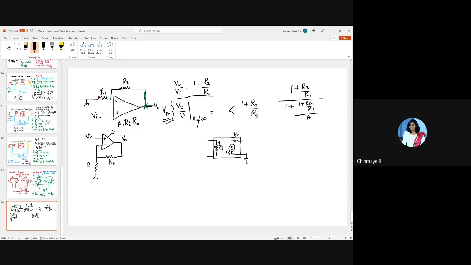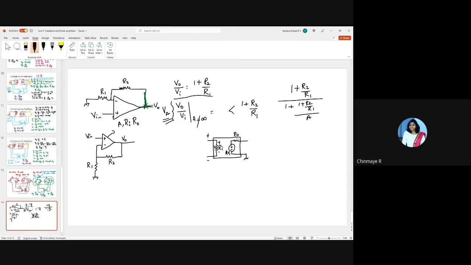This doesn't have two terminals. Basically here you're taking the output with respect to ground, correct? Therefore let us ground one of the terminals. This is nothing but the internals of the op-amp that I have drawn. So this is the positive terminal, this is the negative terminal. This is how a non-ideal op-amp looks, an op-amp with finite gain A, finite input impedance Ri and finite output impedance R0. Is this clear to all of you?